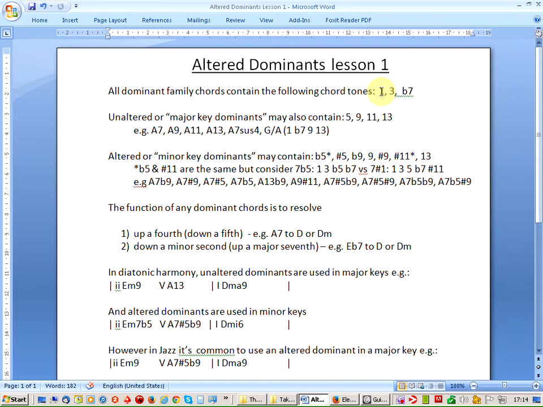Now, an altered or minor key dominant will contain any of the following tones: a flat 5th, a sharp 5th, a flat 9, or regular 9, or a sharp 9, sharp 11, or a 13. Now, the flat 5th and the sharp 11 are the same things, but you can consider a dominant 7 flat 5 chord